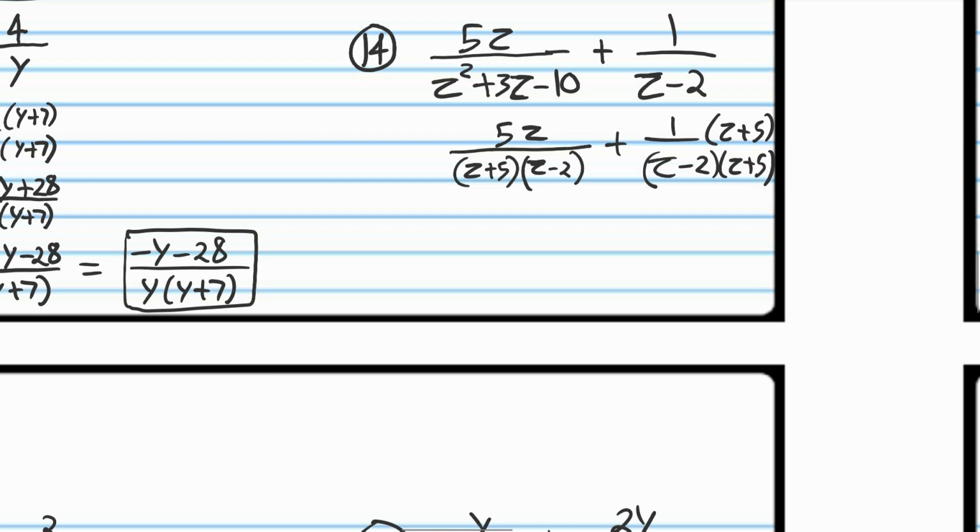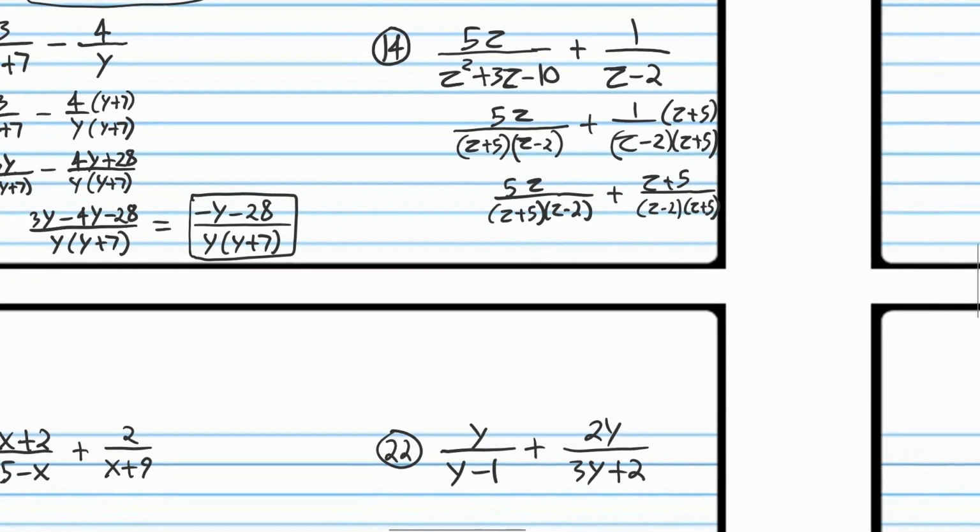So now we're going to get a common denominator. So we have 5z. We just rewrite that fraction. And 1 times z plus 5 is z plus 5. And just rewrite the denominator. All right, so 5z plus z plus 5. Again, we don't have to worry about signs here because we're not subtracting. So 5z plus z is 6z. So we're left with 6z plus 5